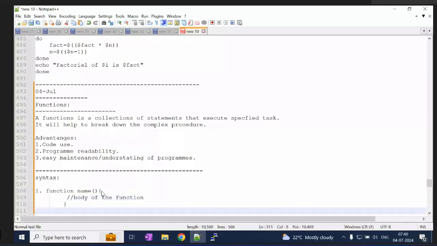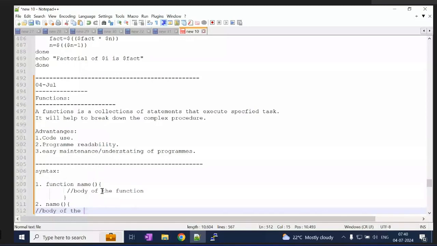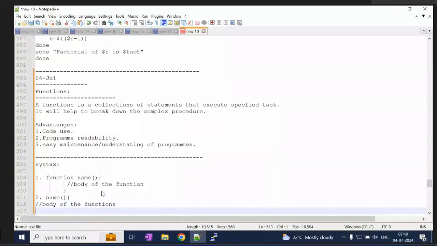Otherwise, the second method is the name, then just open and close the brackets, then the curly brace and your body of the function. Both ways are fine.